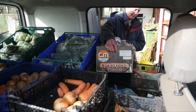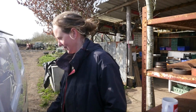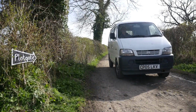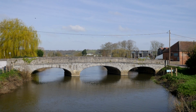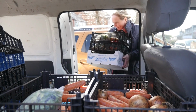My name's Amy Willoughby. I'm one of the directors of Plotgate Community Farm, and my main role is to manage the harvests and the membership. I also do the business administration. So we had some initial finance through the Just Growth programme, which was part loan, part community shares, and I think it accelerated what we were able to do in the first couple of years. And it just helped us to grow much more quickly and to get to a point where we were able to stand on our own two feet